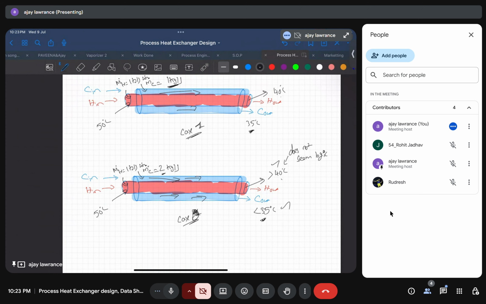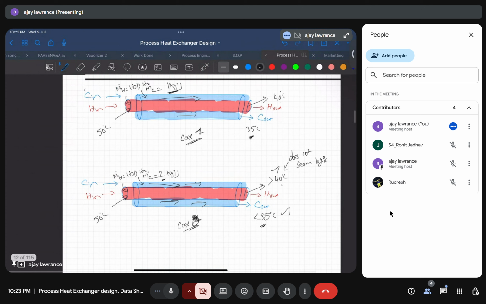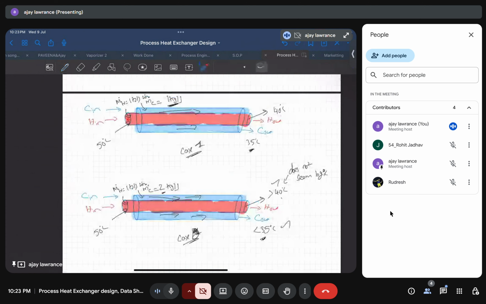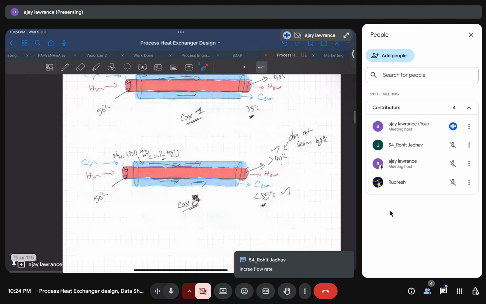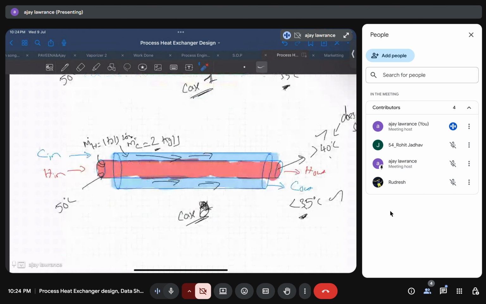You think how? Let me explain. Here, the hot fluid is constant. The cold fluid, we are moving very slowly, so heat transfer will be traveling like this. It is moving very fast. So if you have increased the flow rate, every 1 second 2 kilograms is flowing. Means, as I have told you,